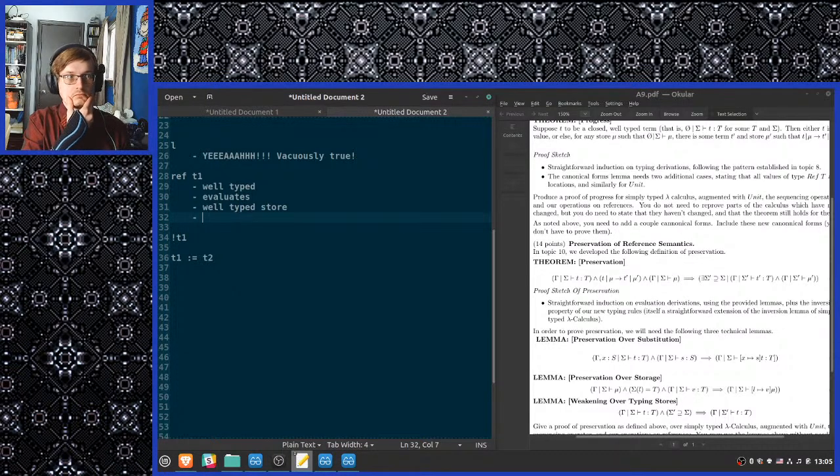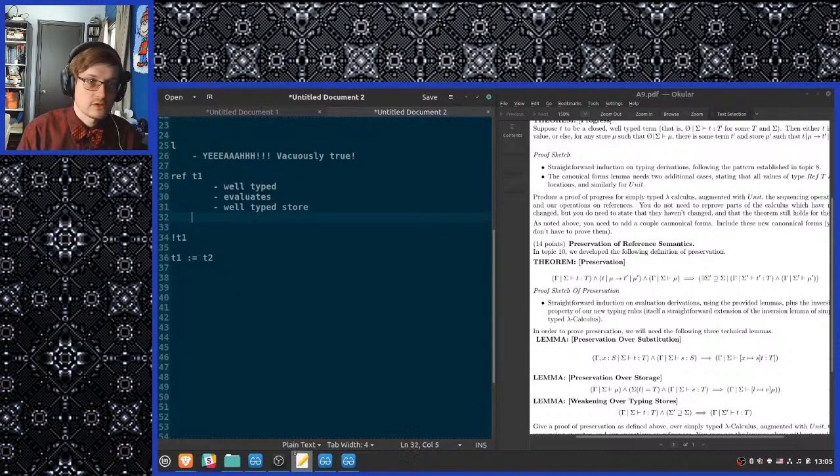So, essentially, we're trying to prove two things, right? I thought a good way to approach this problem is to state explicitly what you're trying to prove, right? So, we are trying to prove